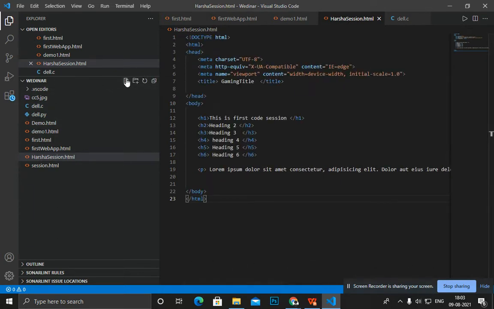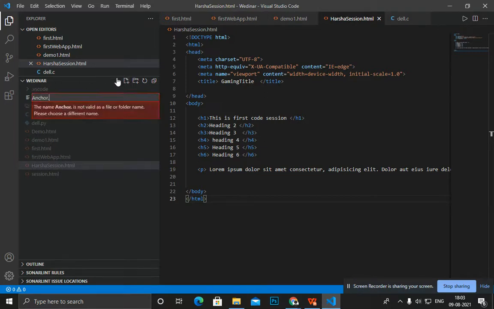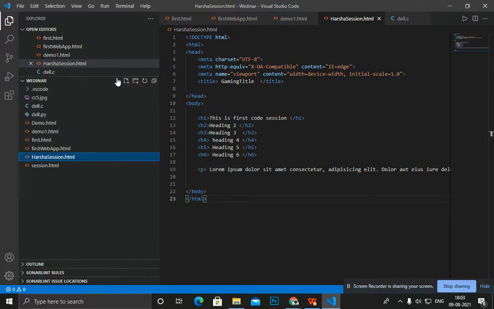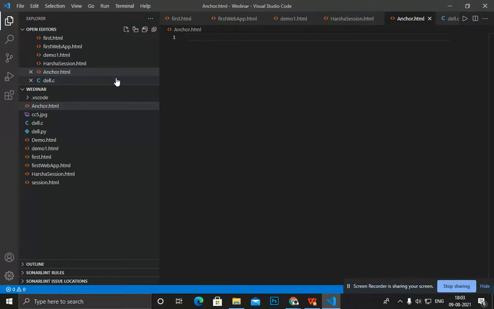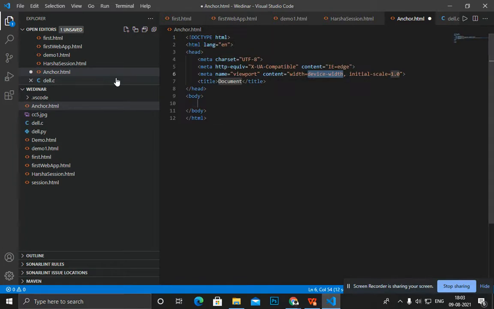In this session, we create another file, anchor.html. Hope you know that a web page is always saved as .html. Here I write an exclamation mark and press enter. My code editor will generate some sample text for me. Here I write anchor tag.